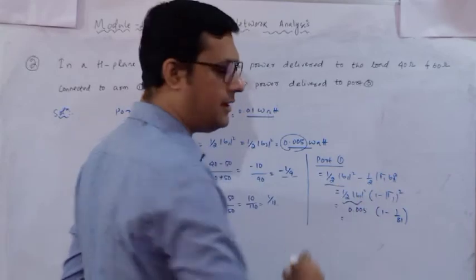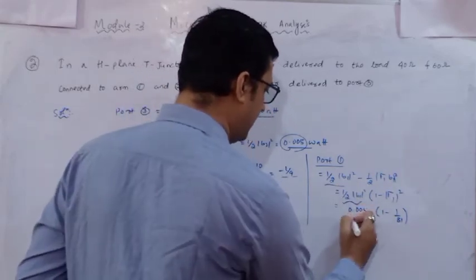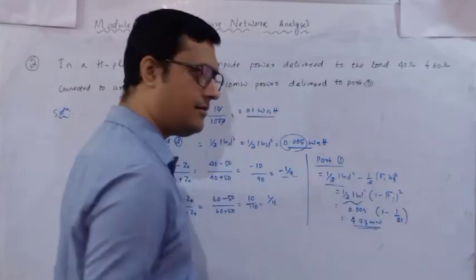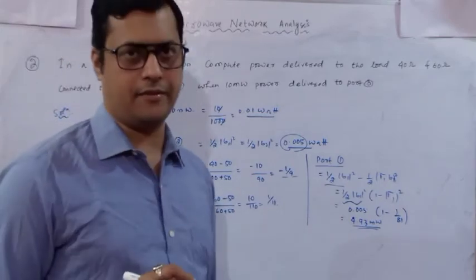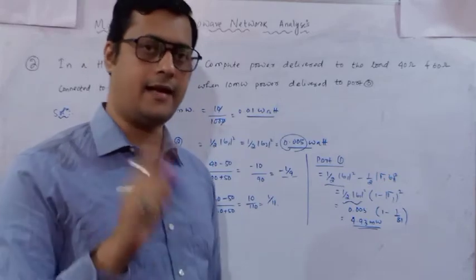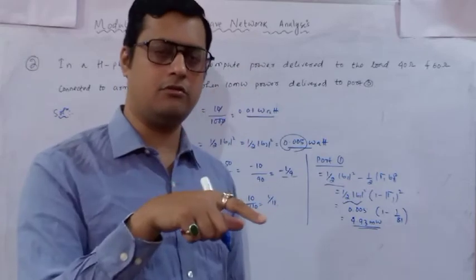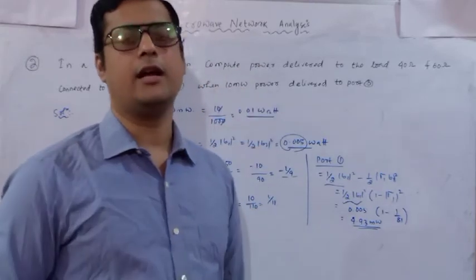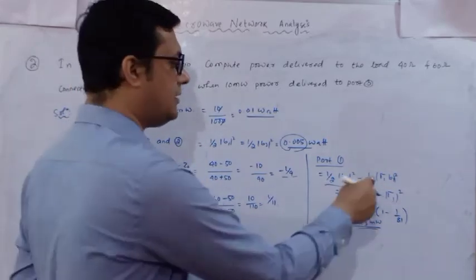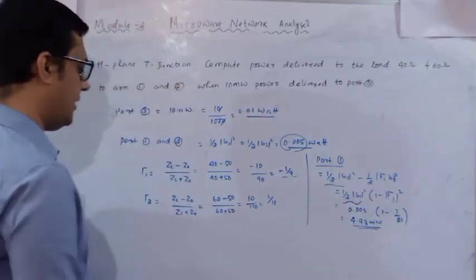Now you need to solve this with the help of a calculator and you will get the port 1 value as 4.93 milliwatt. Remember this relation, because here there is no incident power. Only the reflected power is going to be available in that port, and in port 1 a load is available. So due to the presence of the load, some reflection will happen. So that reflection we have to include, we have to subtract it. So it is 1 minus reflection coefficient square. Done. So it is with respect to port 1.